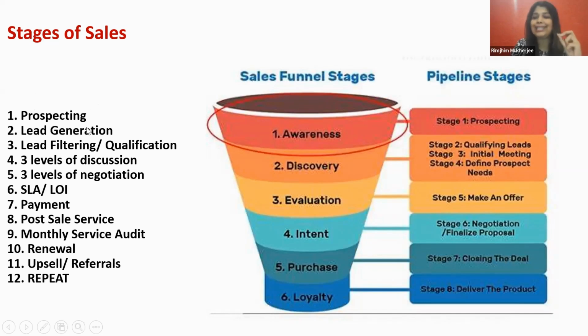Now, once the prospecting is done, we move on to lead generation. Typically, this acts like a funnel where your prospects are going to be the maximum at the top of the rim, at the top of the circle. Let's say I am in a recliner making company. I make recliners. For me, a prospect is anybody, because everybody sleeps, everybody wants to rest. So probably a recliner is needed for anybody from age 10, 12 onwards to age 70, 75, 80. So my prospect bucket is extremely large.